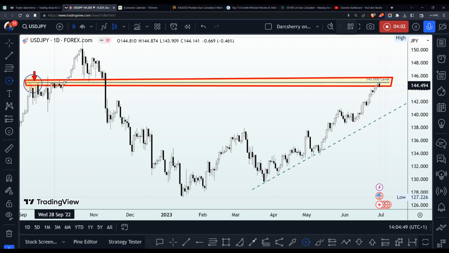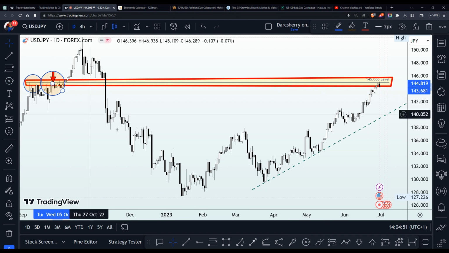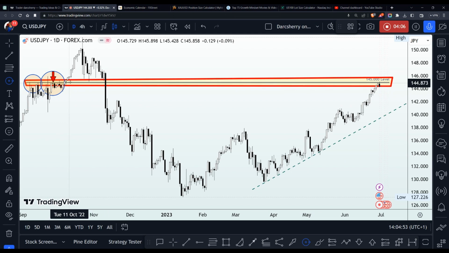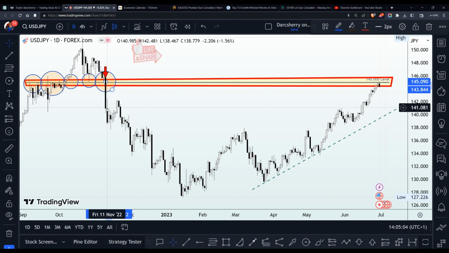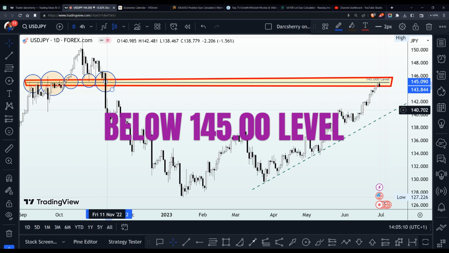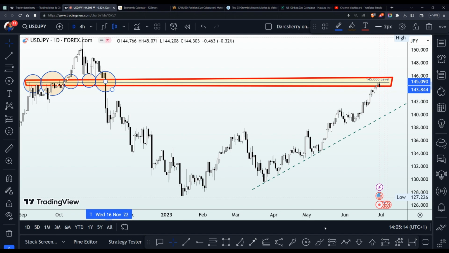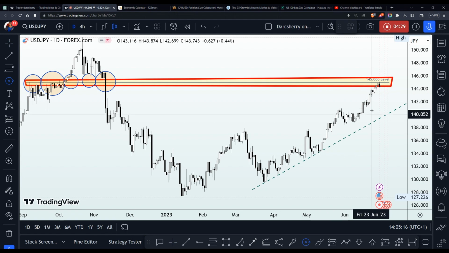It was initially a selling niche, as you can see here. Before we saw the breakout of the structure around this point, we saw a retest of structure before a final breakdown of this level happened during the month of November. And since then, price action has been trading below the structure to further emphasize the strength of the sellers at this point. However, during the course of last week's trading session, we saw how price action is back into that